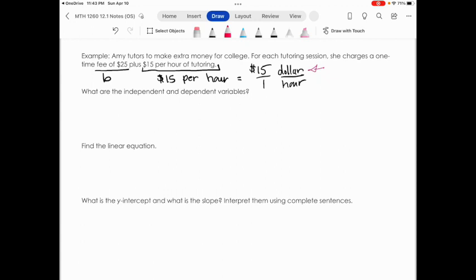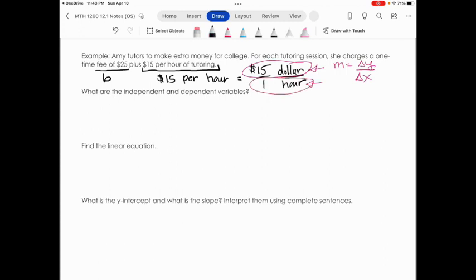If you notice, dollars are on the top for the rate and hours are on the bottom. And remember, our rate or our slope is the change in y over the change in x. So our dependent variable, which is our y, is the dollars, and our independent variable, which is our x, is